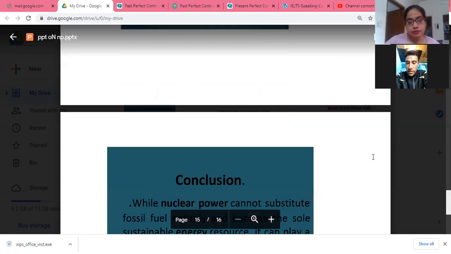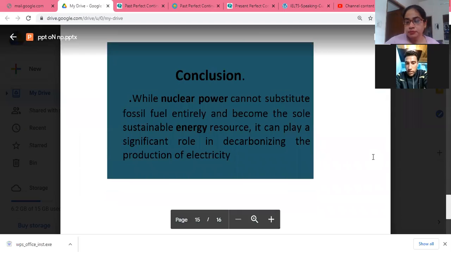Last one, the conclusion. While nuclear power cannot substitute fossil fuel entirely and become the sole sustainable energy resource, it can play a significant role in decarbonizing the production of electricity. Nuclear power plants use nuclear fission, the process of splitting an atom into two. Nuclear fusion, the process of combining atoms into one, has the potential to be safer